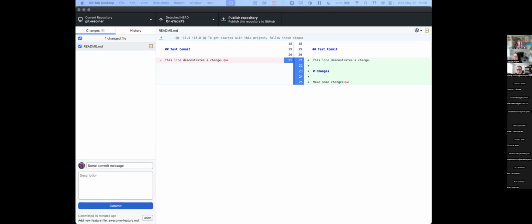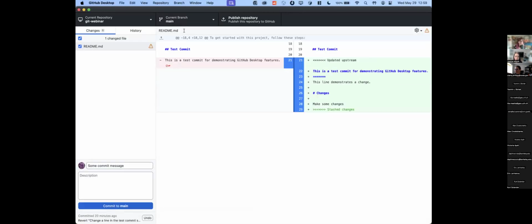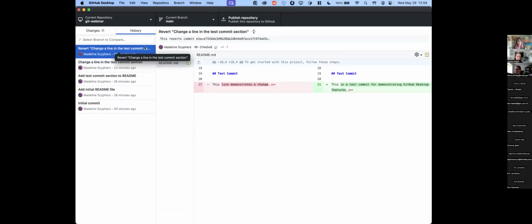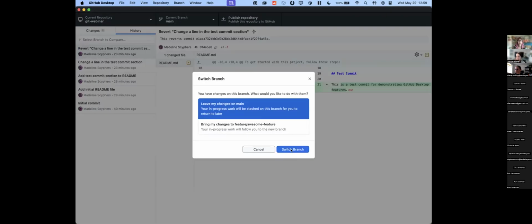I'm just going to talk about it real quick because I think it's a conceptual thing that will help to understand this. So there's this misconception that commits belong to branches, but that's not actually how it works, because if I switch back, this commit, revert change a line in the test commit section, is in our history and we're on main, right? But if I go to feature awesome feature,